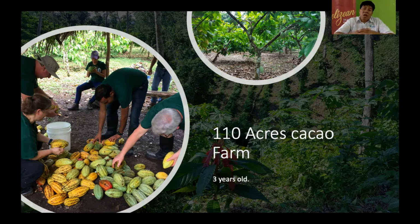And of course, it's not haphazardly planting cacao trees. We have to ensure that we get the right varietals. Of course, in Belize, we cultivate primarily Trinitario cacao. But we want special trees, special seeds, special beans coming from these trees. And so the source of the material must also be good. And so our team spent a lot of time researching, identifying those super mother trees and extracting materials from them and propagating them. We cultivate them in our nursery, ensuring that they're well taken care of, they're weeded all the time,